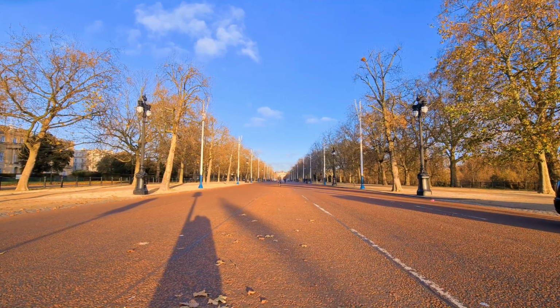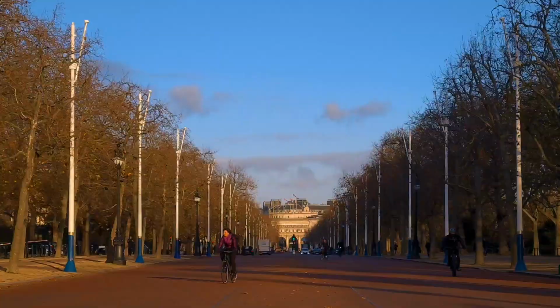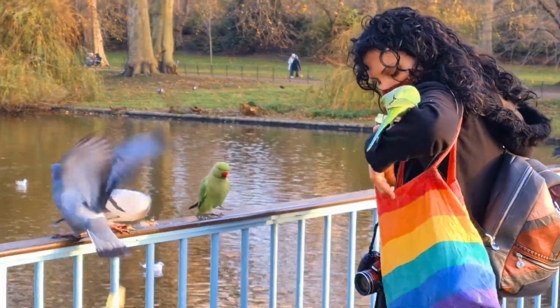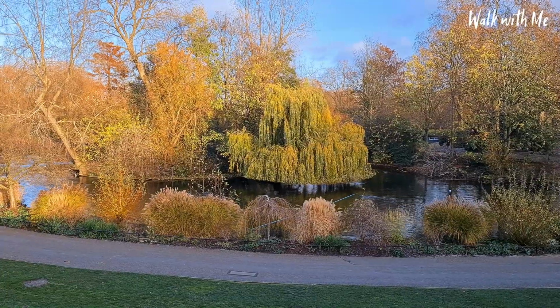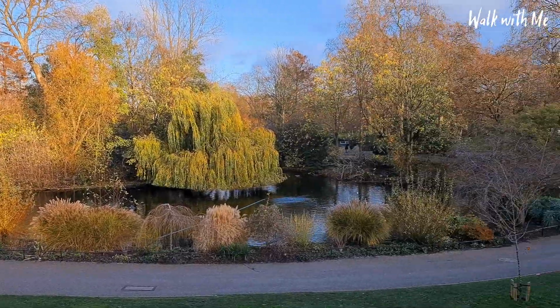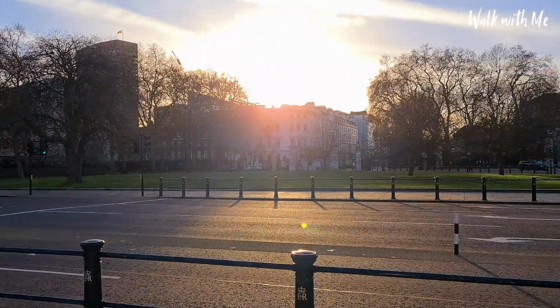Just look at this. I don't think I've ever seen the Mall so quiet. There's literally hardly any cars whatsoever. So St James's Park is here, and one of the most famous buildings in the world,